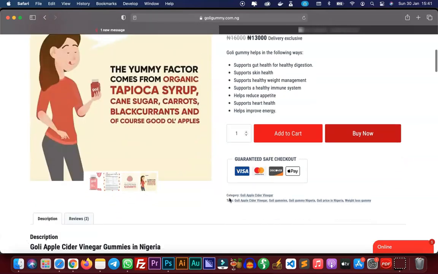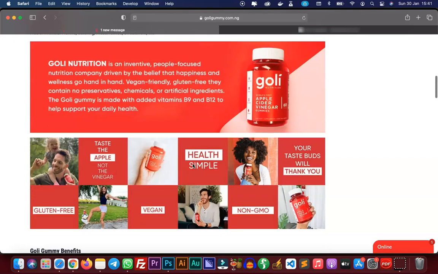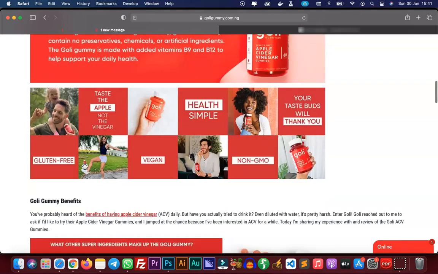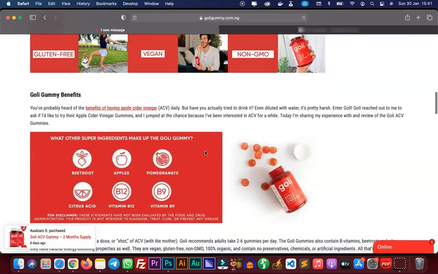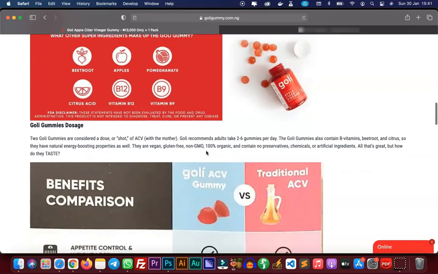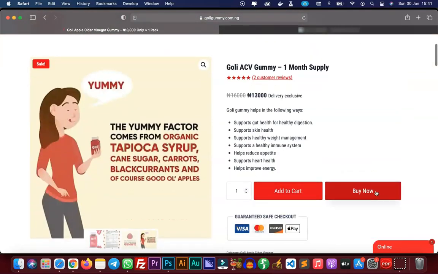graphics. And then if you scroll down, you get a full detailed product description, which is very important. You need to make your product page as descriptive as possible, and adding graphics like this would help as well. And over here you have a link to the health benefits in details as well, which is also a beautifully designed page. So basically, if anyone comes to this product page and then they click on buy now, it will